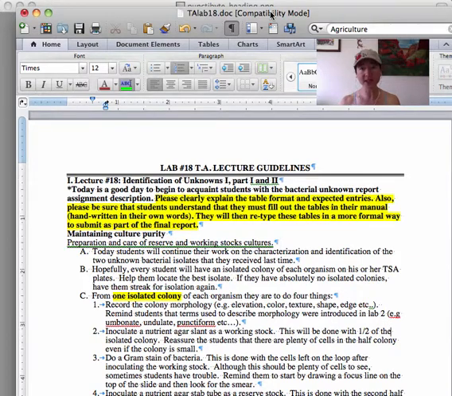One of the common requests that you'll get is, well, if my reserve stock didn't grow or my working stock didn't grow, can't I just go back to my plate and use colonies off of my plate? And the answer to that is no, because we won't be assured that we're getting the same isolate. We want to be able to identify that one single pure culture,